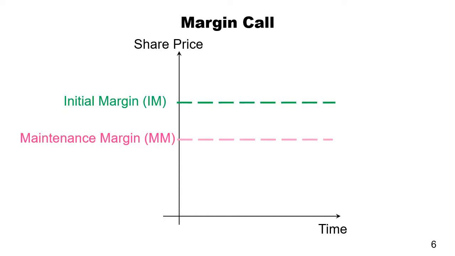Let's look at this diagram here. On the y-axis is share price, x-axis is time, and the top here is the margin call. So we're going to find out when the margin call will be issued. The moment you borrow money at the very start, that will be the initial margin. So when is the margin call activated, triggered? It's when the share price drops below the maintenance margin, which is here. And that's where there will be a margin call.